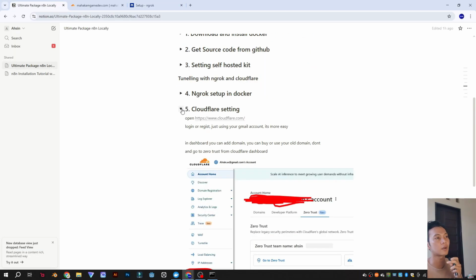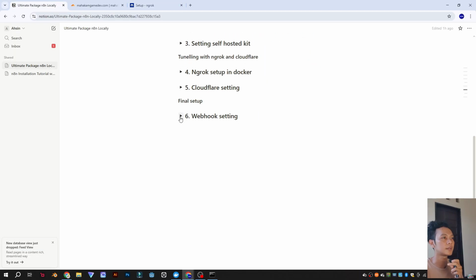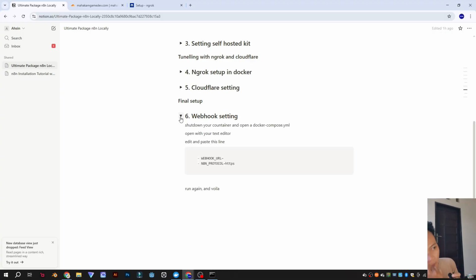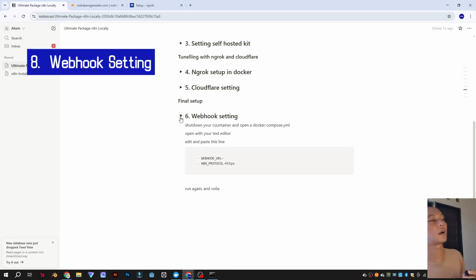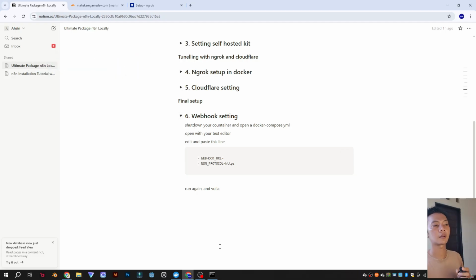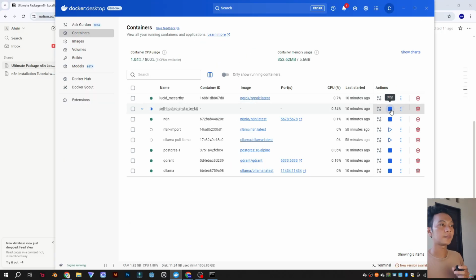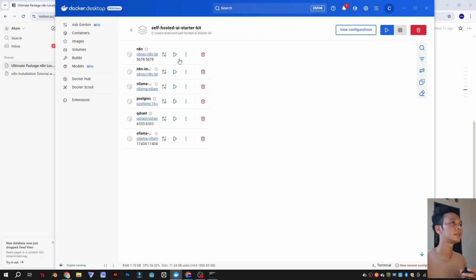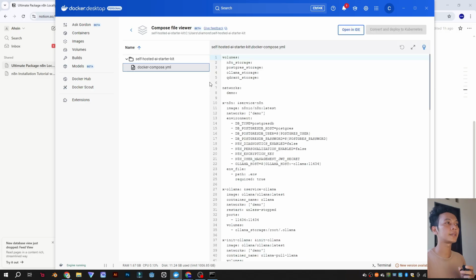After you set up ngrok or Cloudflare, this is the final setup to set up our webhook URL and protocol. That means after this we can use Telegram, and N8N is fully functional. First, let's stop the host N8N and then open this container view configuration.